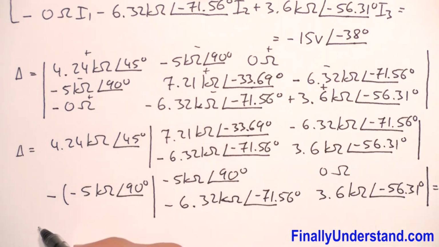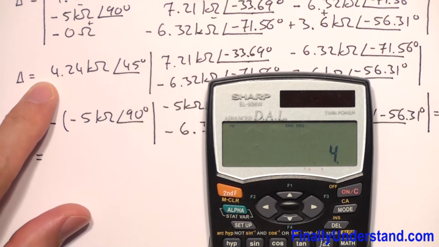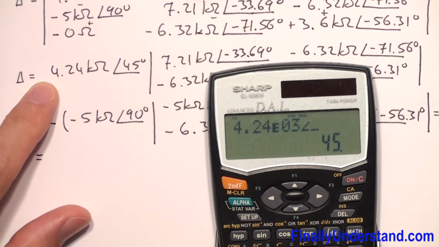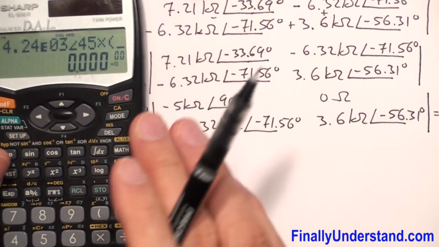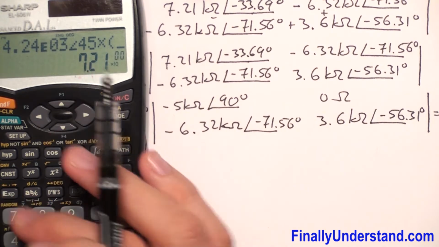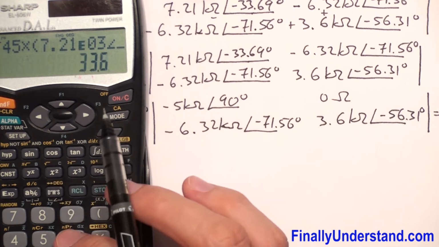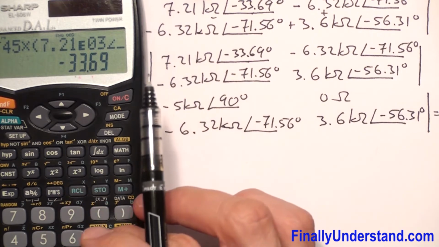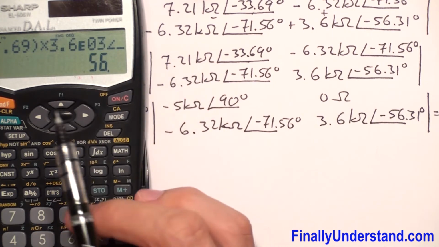So I'm supposed to just use my calculator to solve whatever we have got so far. So we have 4.24 exponent 3 angle of 45 degrees times open parenthesis, okay, and we have to multiply this times this minus this times that. So I have 7.21 exponent 3 angle of negative 33.69 times 3.6 exponent 3 and angle of negative 56.31